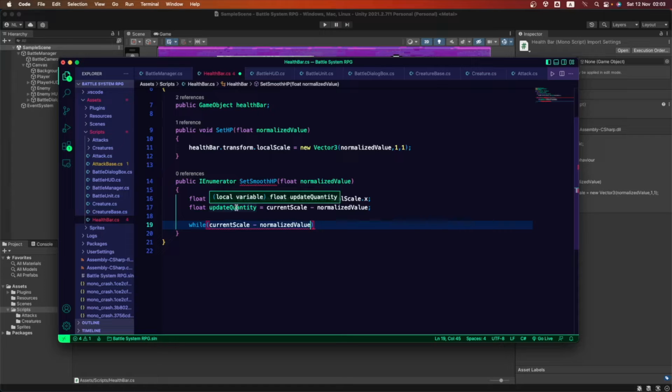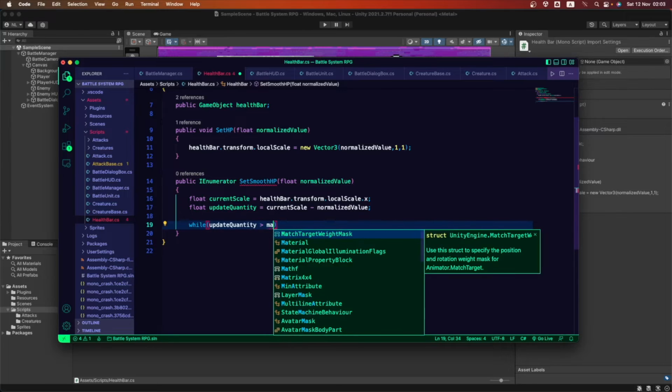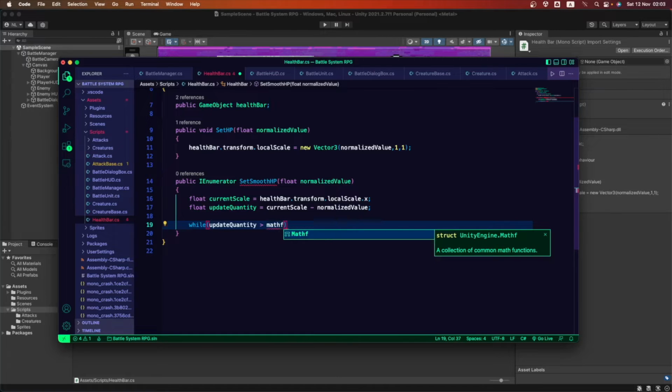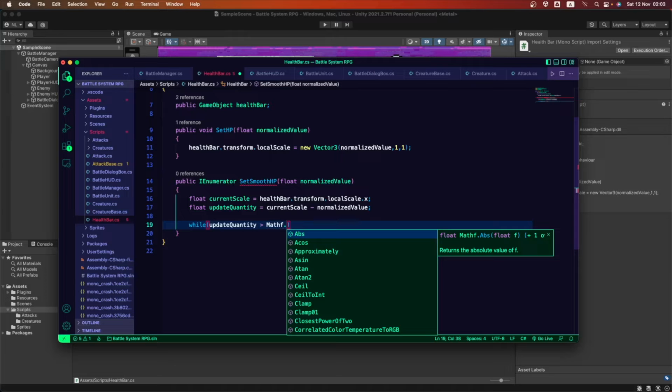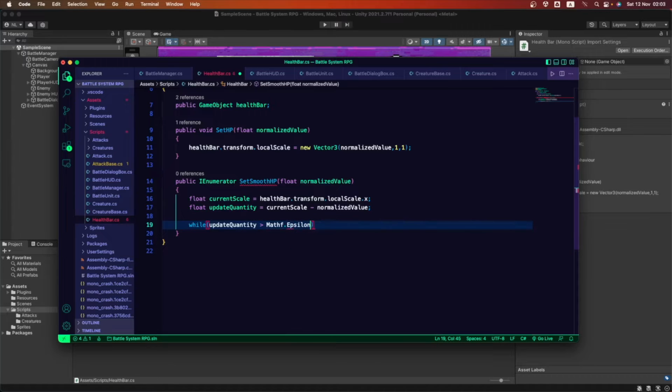So let's use the updateQuantity directly. So if updateQuantity is bigger than Mathf.Epsilon, and what does this mean?